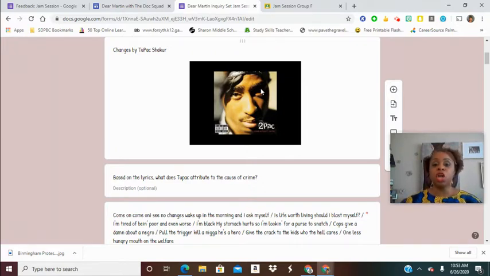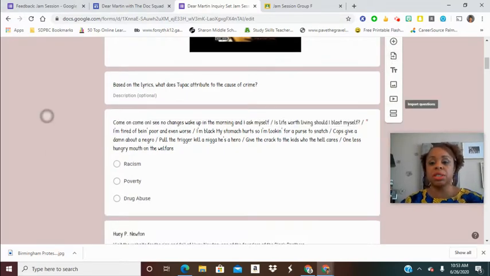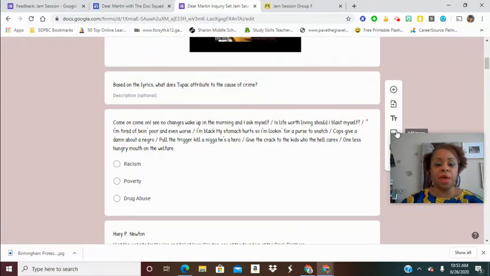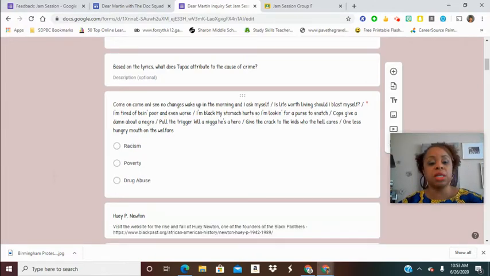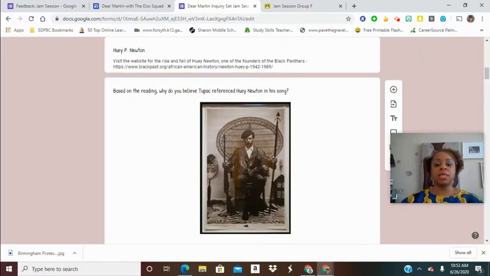So in Google Forms, you can embed, and you'll notice here the different kinds of prompts and questions. Click on the plus sign. Those are different questions you can ask. In this case, we're asking short text questions, or you can also reuse some questions, add a title, and then you can also add in images or YouTube videos. So you're just going to search for the videos you want to add in. This is an example of a multiple choice. What I did is I isolated some stanzas, some lines from the music so that the students could answer those questions. And then you can also send out links to the students.